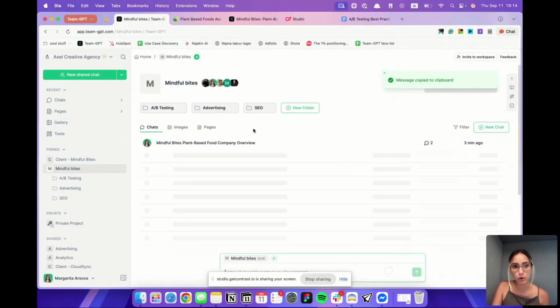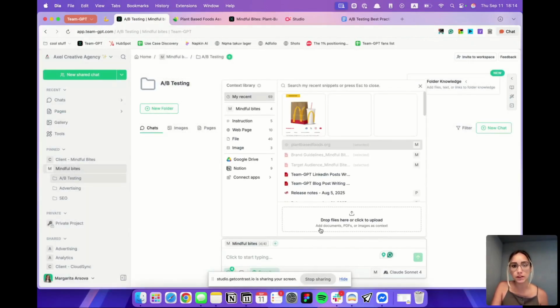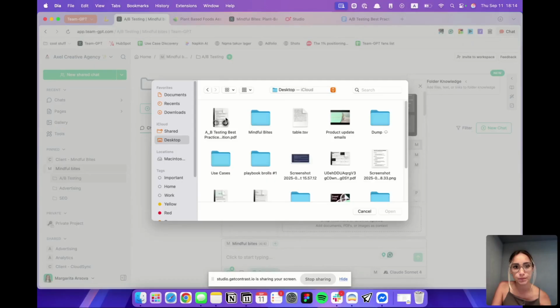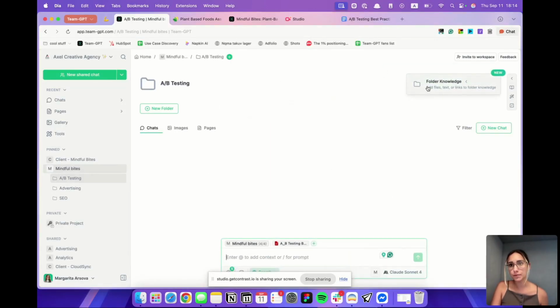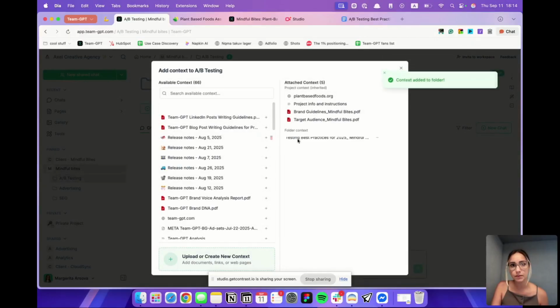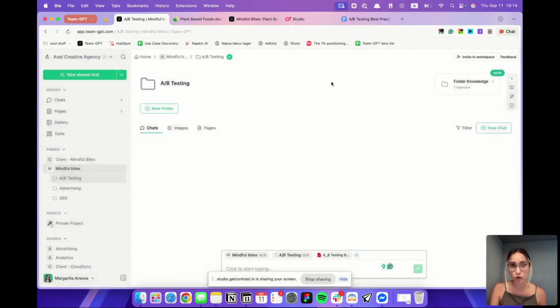I will go back to my project. I will go to my A/B testing folder, and I will add this document as folder knowledge over here. So now, if I open the folder knowledge I showed you previously, I will add this report I just created. And in this folder, I will have the previously attached context that I had in the full project. I have the brand guidelines, I have the target audience, and so on. But I also have this A/B testing best practices that will basically give me additional context based on my job